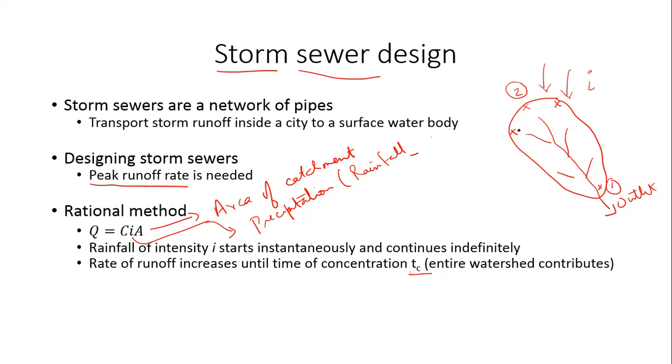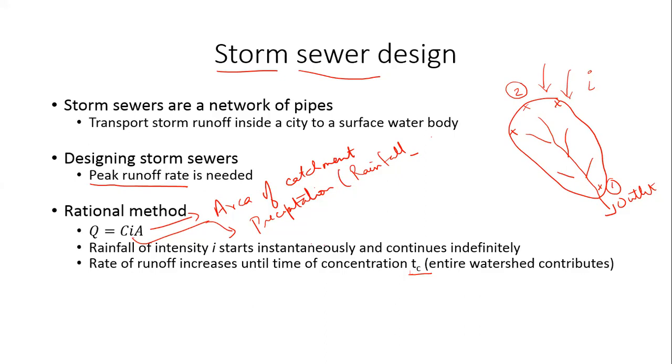But here, if the slope is very gentle, then it may take a longer time for the water to flow and then come out and reach here. Okay. So this farthest point is not necessarily in terms of only distance. It may be in terms of the time it takes for the water to reach from that point to the outlet, which is not only a factor of distance, it is also a factor of the slope of the watershed at that point, right? You appreciate what I'm trying to say here?